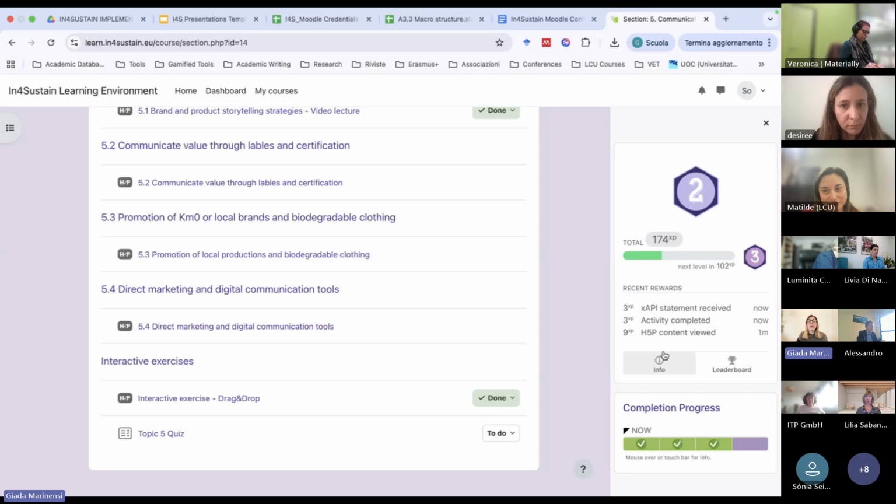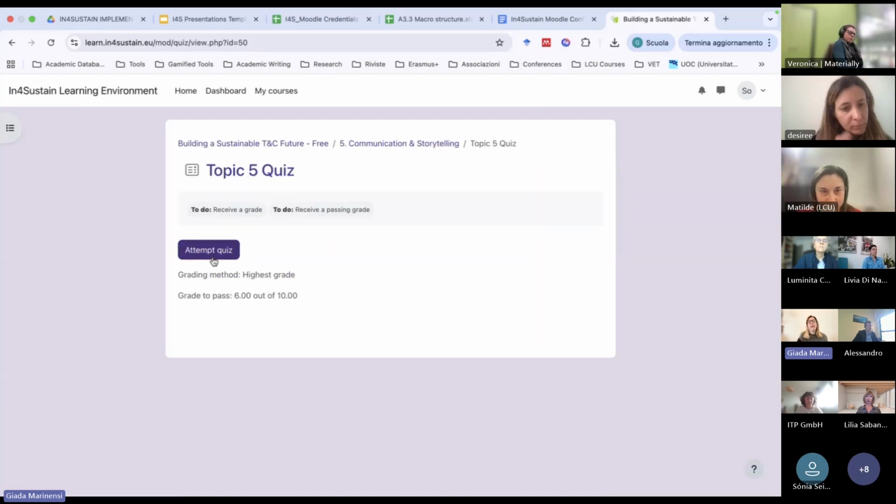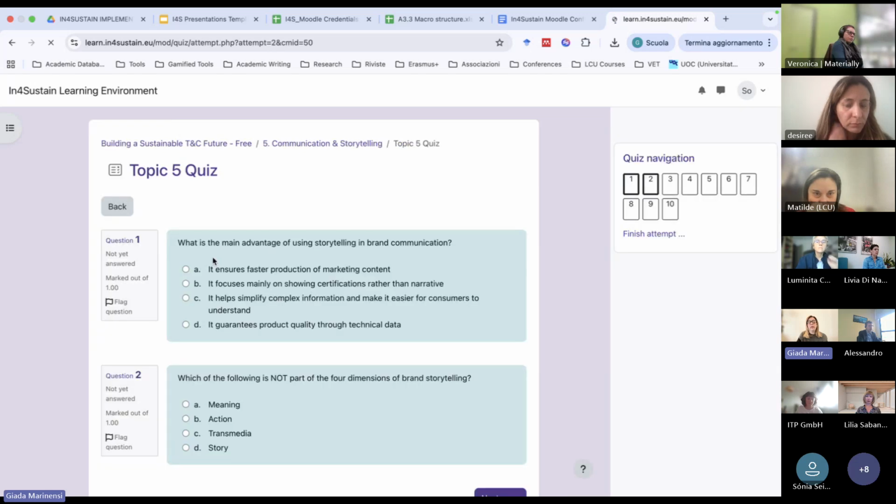And as you can see, we are progressing in this progression bar, and we are receiving additional points as soon as we proceed. Finally, each subtopic will include a self-assessment quiz to, let's say, verify our level of comprehension of the contents which have been provided in each subtopic.